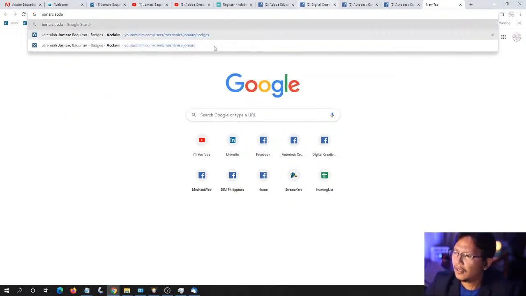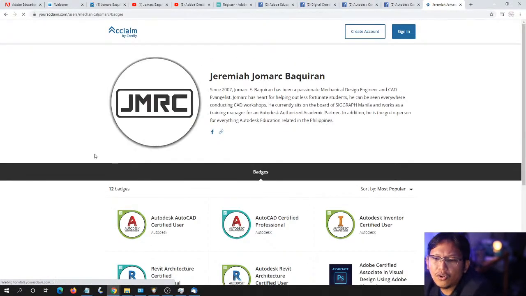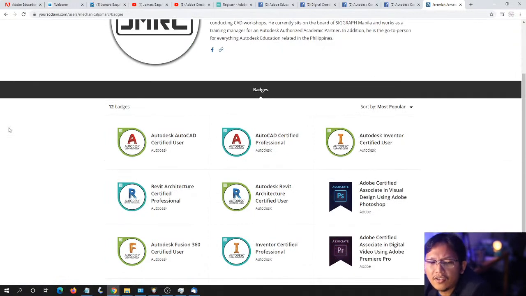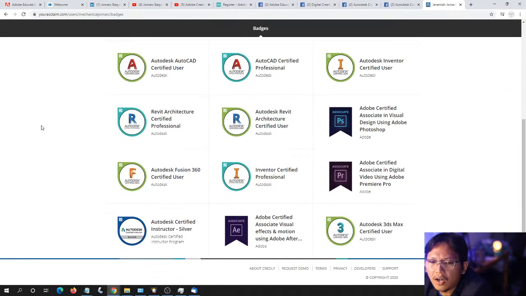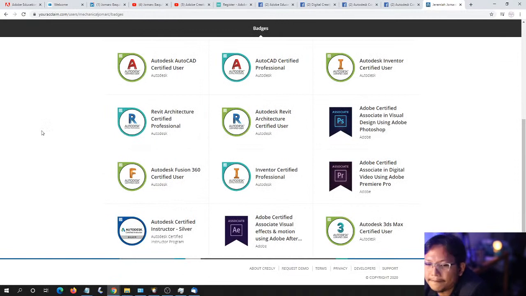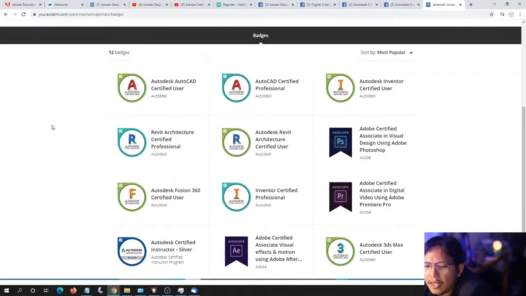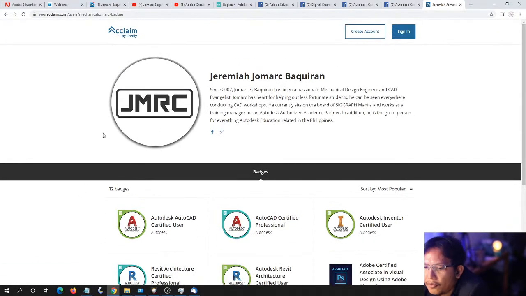Ayan, so the future is digital credentials as well, because digital credentials are verifiable. So ito po yung some of the digital credentials or exam po na tinake ko with Autodesk and Adobe. So hoping you can also take up the challenge of Autodesk and